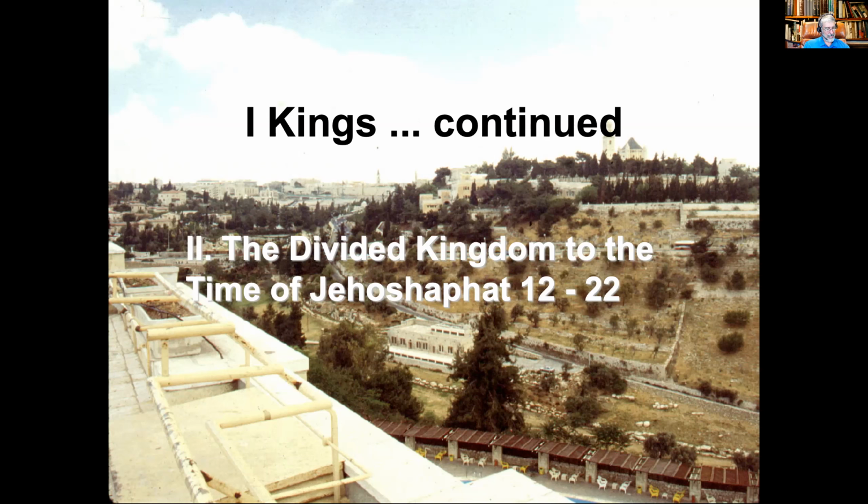But the word of God came to Shemaiah, the man of God. "Say to Rehoboam, to the house of Judah, thus says the Lord, you shall not go up or fight against your relatives. Every man return to his home. This thing is not from me." And strangely enough, Rehoboam saw the handwriting on the wall. The leaders of the army refused to follow him. And Rehoboam decided that the better part of valor was to go home.